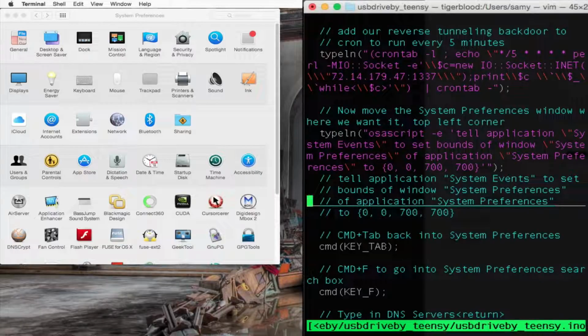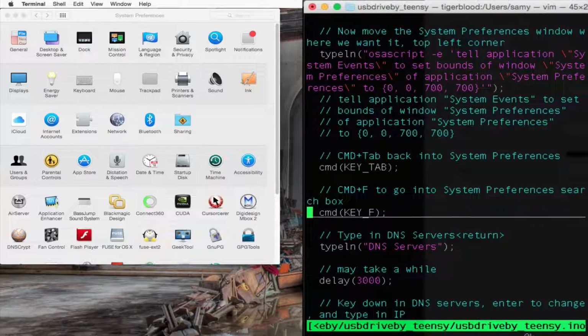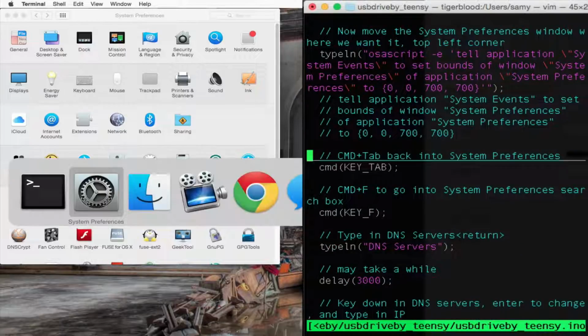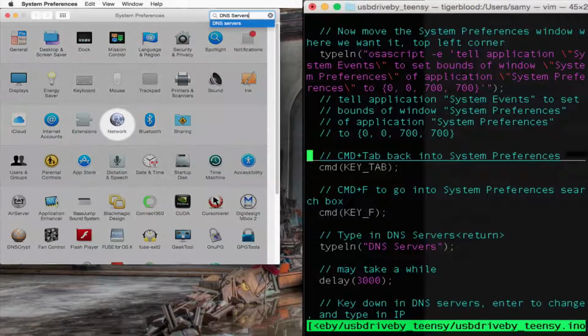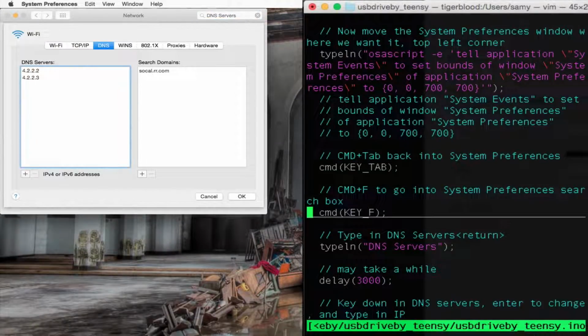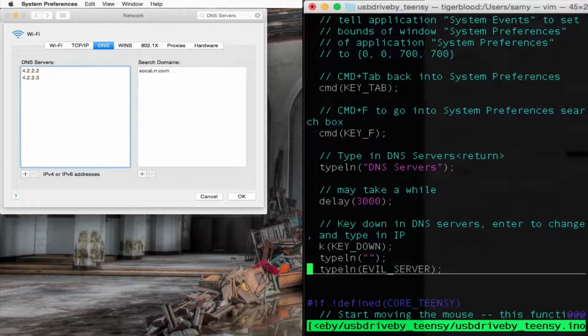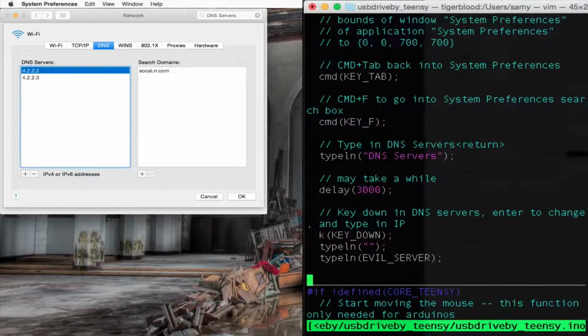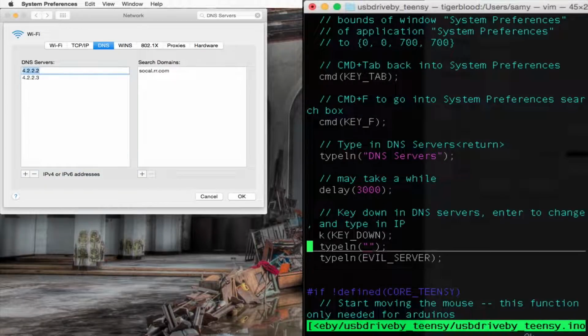So now that we've opened up the system preferences, we've moved the system preferences window, we actually command tab back into system preferences, we hit command F to search, we type in DNS servers to open the DNS servers area or section, since we can't do that from the network preferences directly unless we use the mouse. Then we can key down, we type in our evil server,